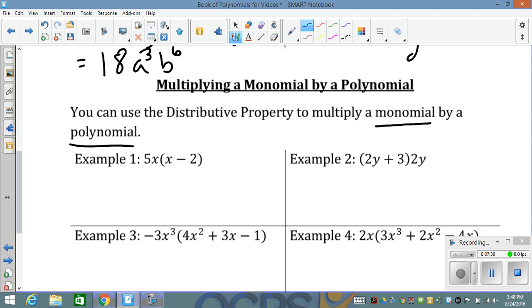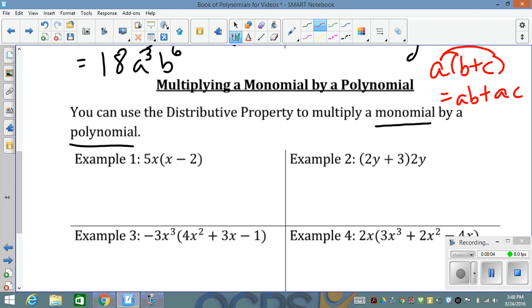So let's recall that the distributive property says a times b plus c is equal to ab plus ac. So distributive property. Keep in mind, when you are distributing, you are multiplying. That's what the distributive property is. Okay,